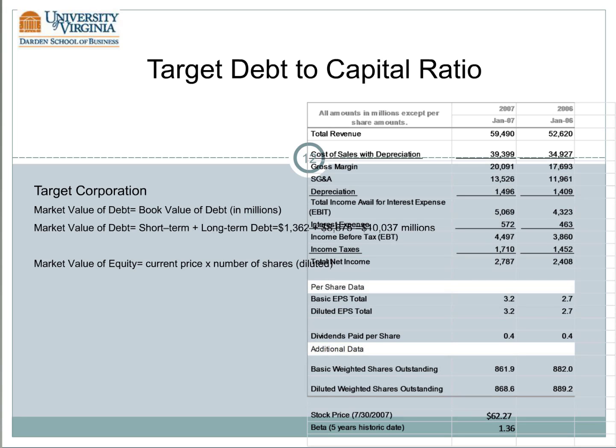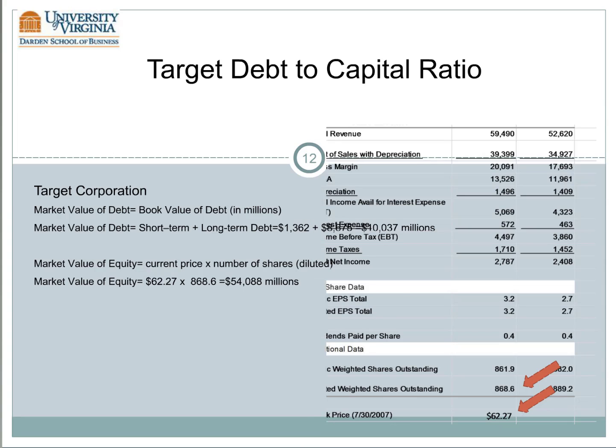The market value of equity is equal to the current stock price times the number of shares outstanding. The decision to use basic shares or fully diluted shares is a matter of judgment. Here we have chosen to use fully diluted shares. In this case, most of the data was available on the sheet with the income statement. With a stock price of $62.27 and shares outstanding of 868.6 million shares, the estimate of the market value of equity is